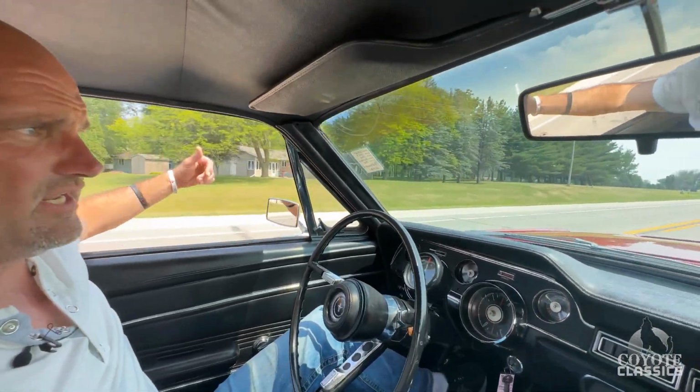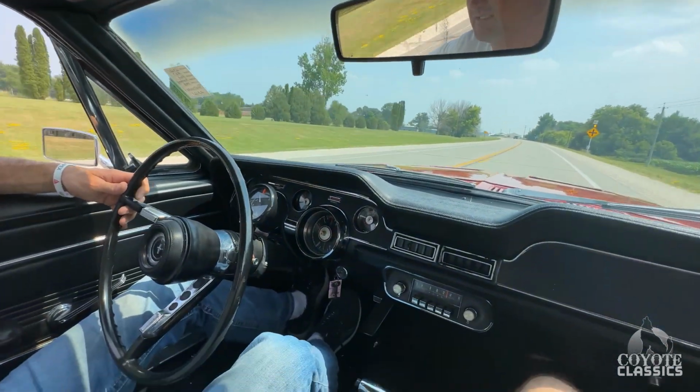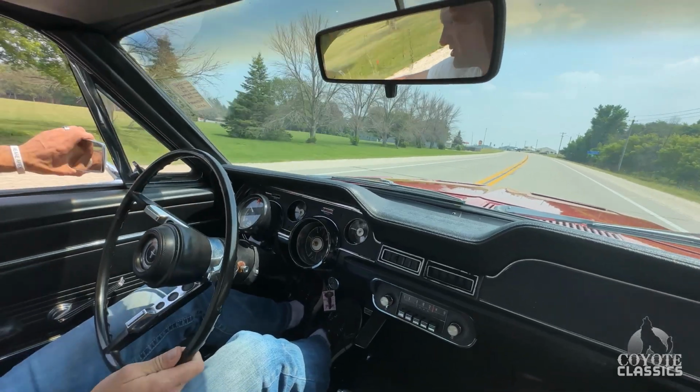Look how it goes down the road, D. No shake, no shimmy. The tires are balanced perfectly. Suspension feels good. Yeah, it really does. I'm gonna adjust my mirror. As far as the brakes go,